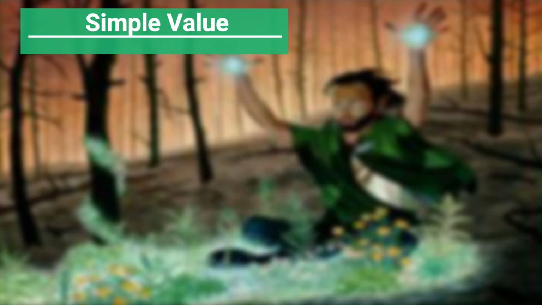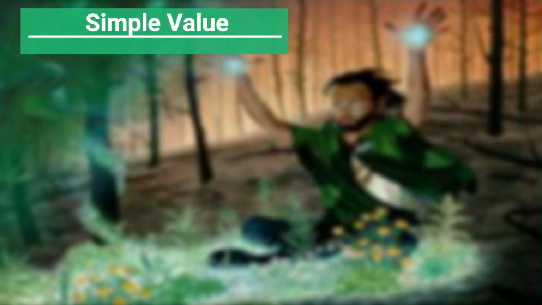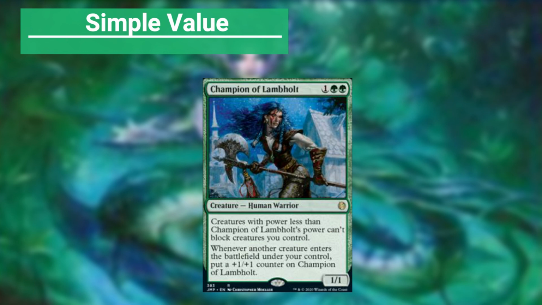And we also have the classic Wood Elves. Whenever it comes into play, we can search for a forest and then put it into play before we shuffle our library. Also generating a ton of value and becoming a very imposing threat on the board, Champion of Lambholt. Whenever a creature enters under our control, it's going to get a 1/1 counter. Also, creatures with power less than Champion of Lambholt can't block creatures we control,